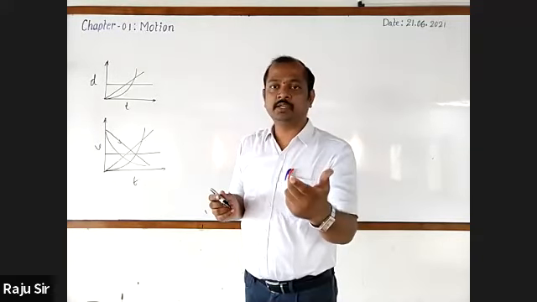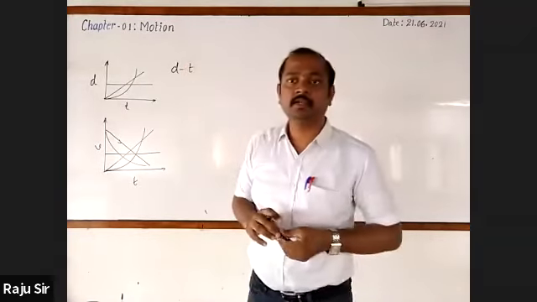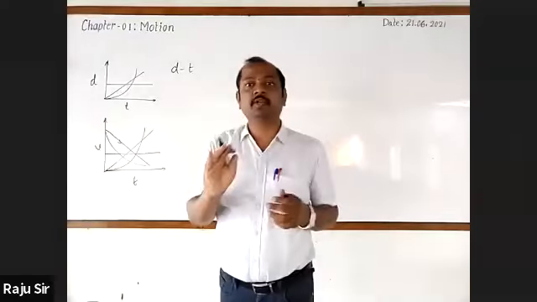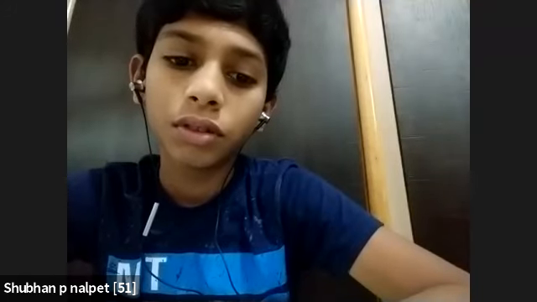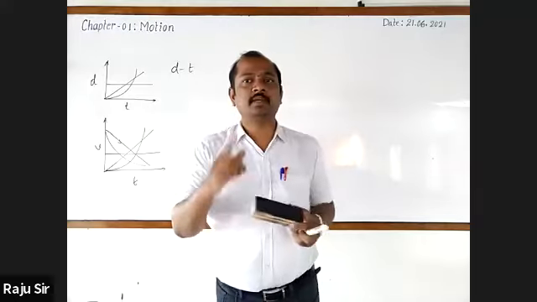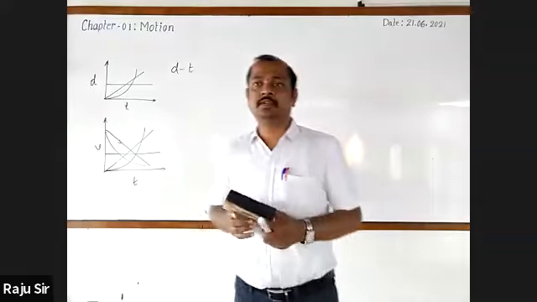This is what we have got, and before that, we had got one more piece of information. Which physical quantity is described by the slope of the dt graph? Velocity. If we have the dt graph, we can find out the velocity of a body. Then which physical quantity is described by the slope of the vt graph? Acceleration.